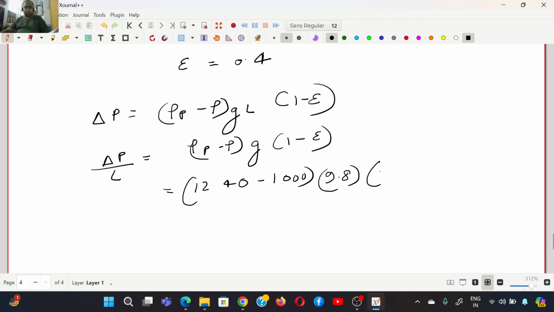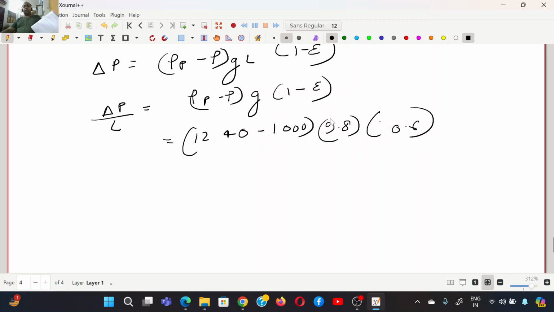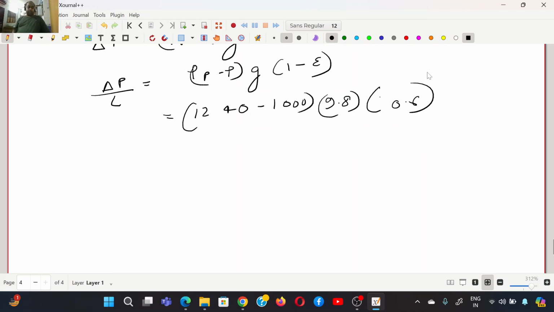What is epsilon? 0.4 now. So 1 minus 0.4 is equal to 0.6. So delta P by L is equal to this. And as per the Ergun equation,